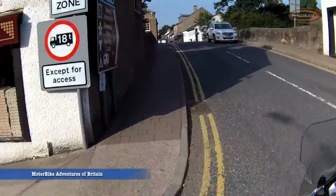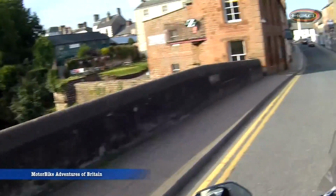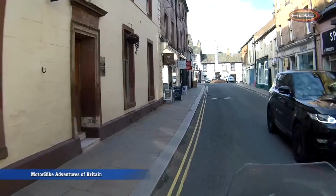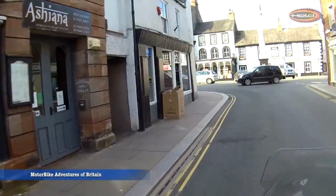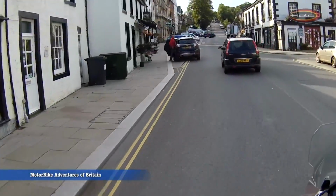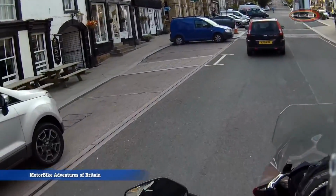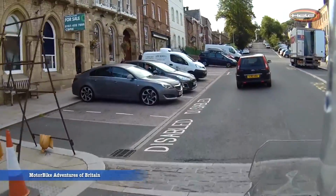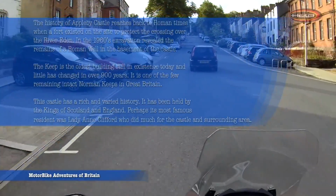And we'll have a quick look in, because this is famous, well, it is famous for Appleby Horse Fair, which is at the first weekend in June generally. Thousands of travellers come from all over Europe and congregate here, a hundreds of years old tradition. But Appleby's only a very small town,